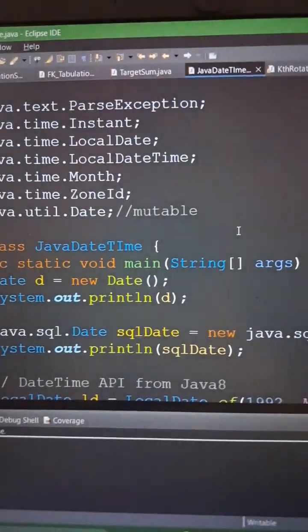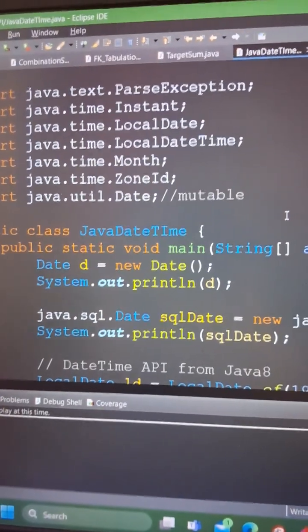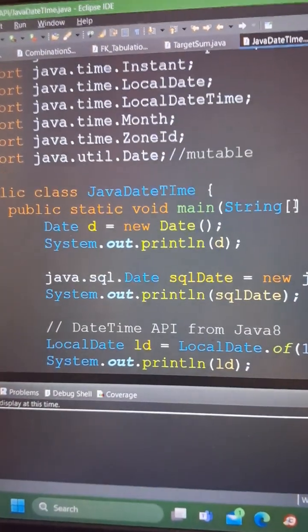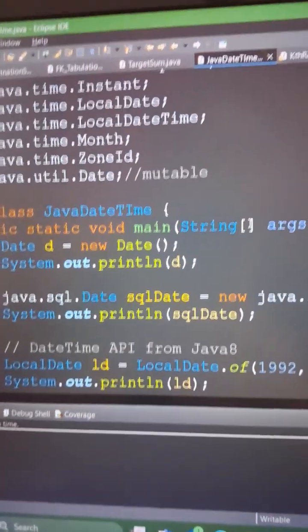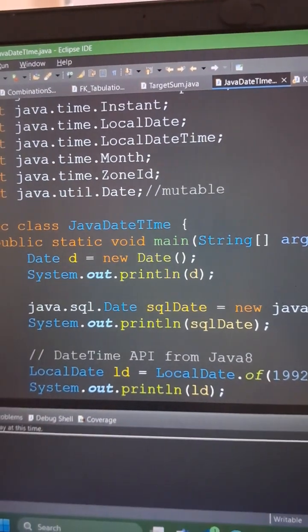So after Java 8, a feature came where there is a separate package for date and time. It is in the java.time package. So let me show you that. Here you can see there is java.time.LocalDate and java.time.LocalDateTime. If you use that, then everything will be in one single package. There is no separate package like java.sql.Date and java.util.Date. So if I run this program,